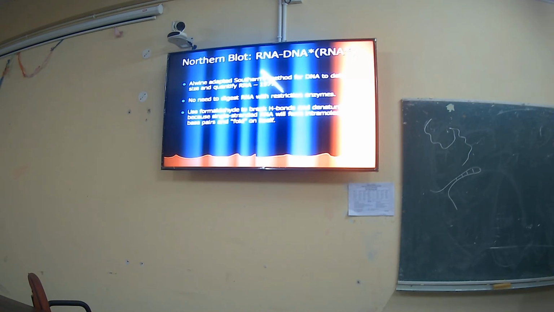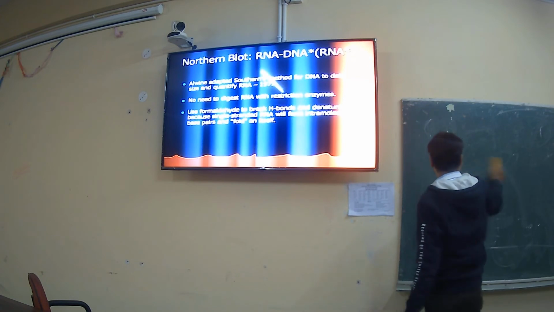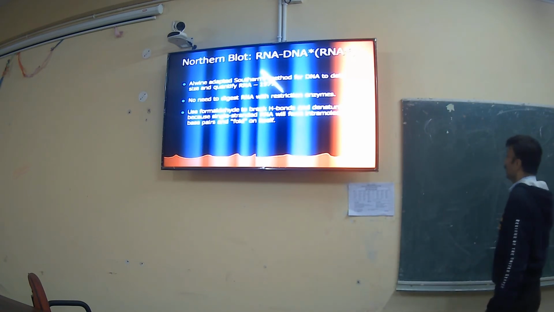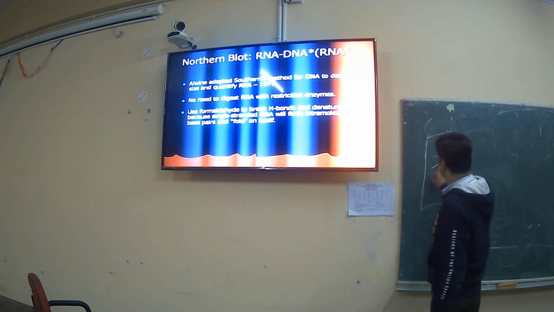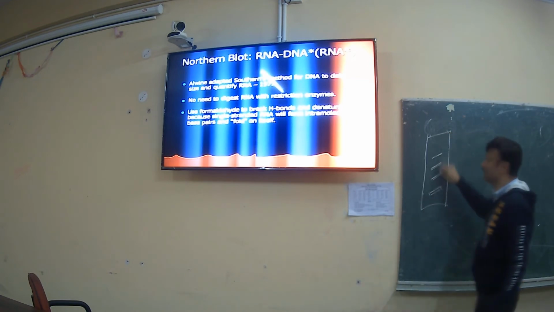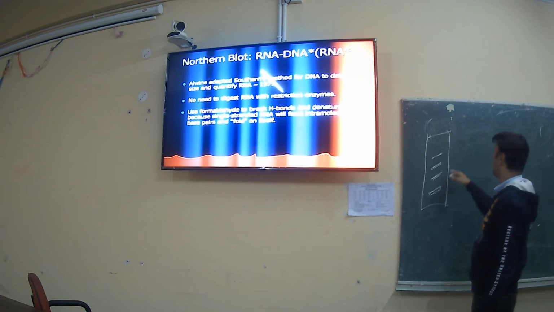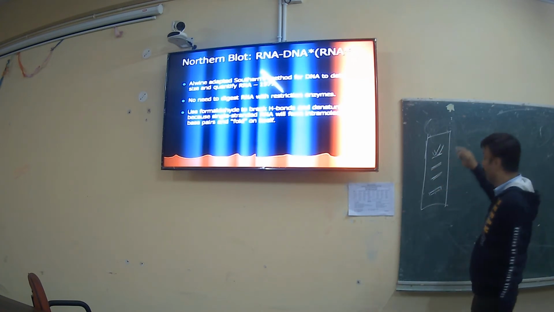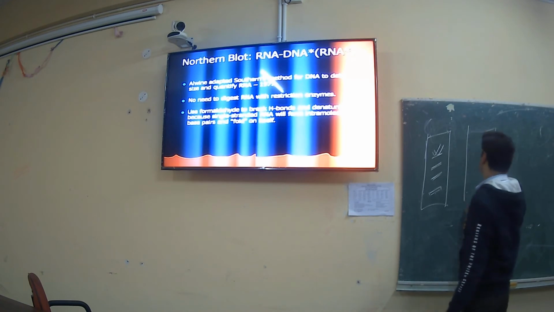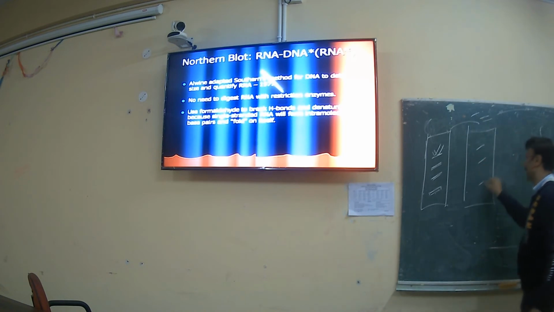Formaldehyde keeps the RNA in the single stranded form. Okay, so the main difference between the Southern blot and Northern blot hybridization: when you perform the Southern blot, you have to go through the electrophoresis as it is double stranded DNA. Prior to transfer onto the nitrocellulose membrane, it must be in the single stranded form. But in the case of Northern blot, first we have to take RNA into single stranded form, then you perform the electrophoresis. Okay.